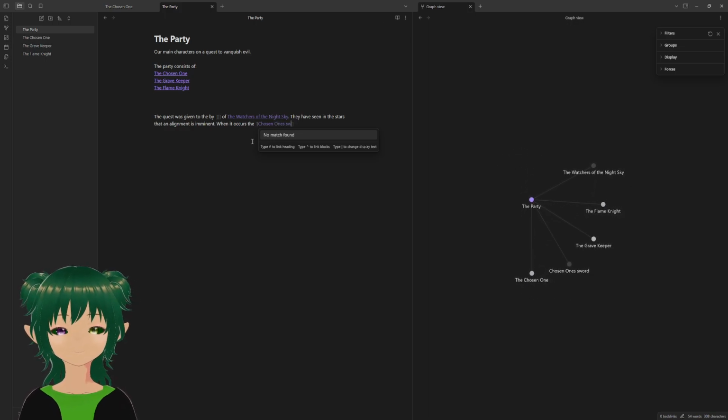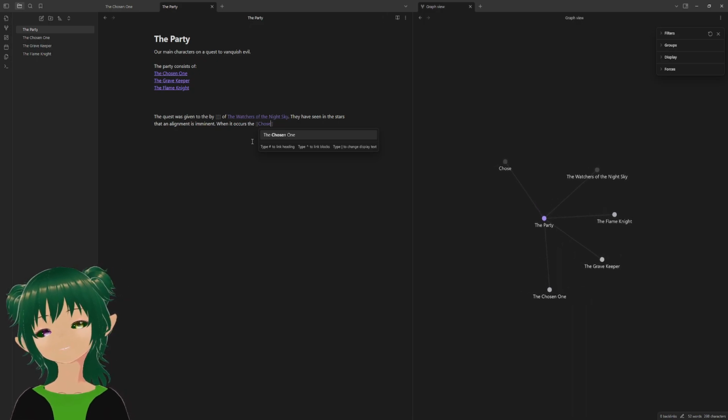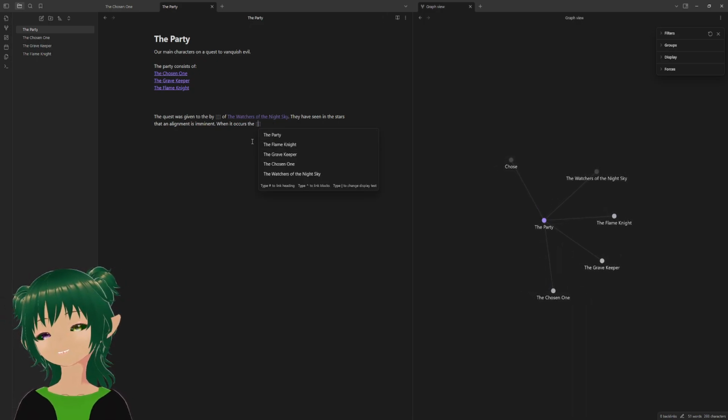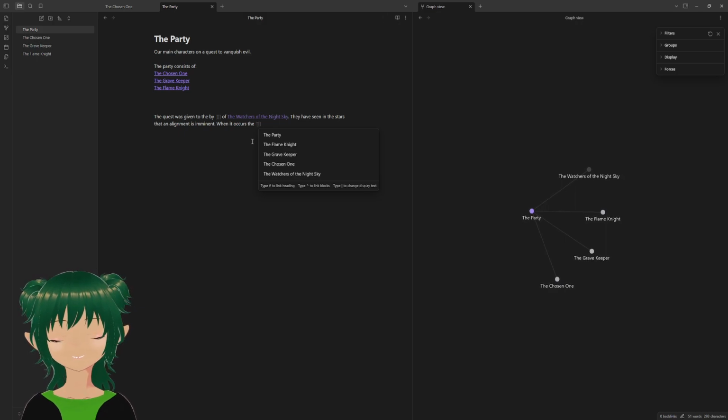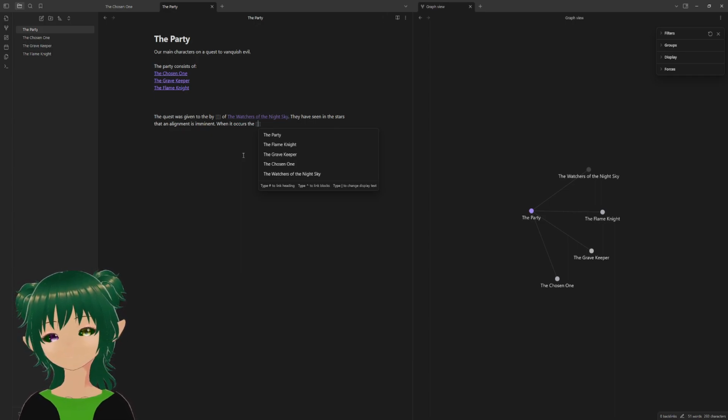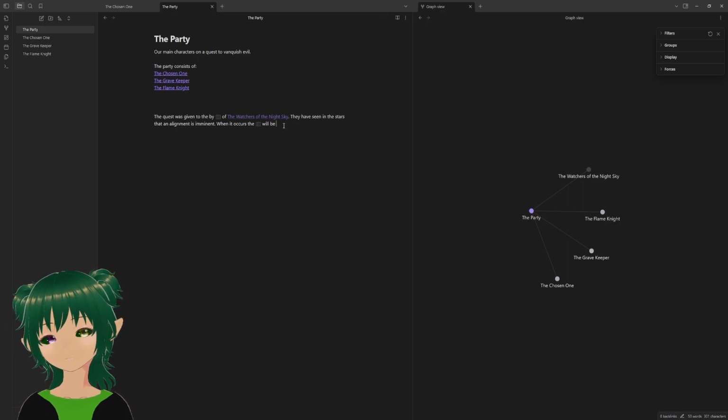No, we're not going to call it the chosen one's sword. The sword of legend gets its own name. I think that I have to insist on that. Even if we're going to be lazy with who's issuing the quest, the sword of legend has to have its own name. When it occurs, the sword will be at full power and